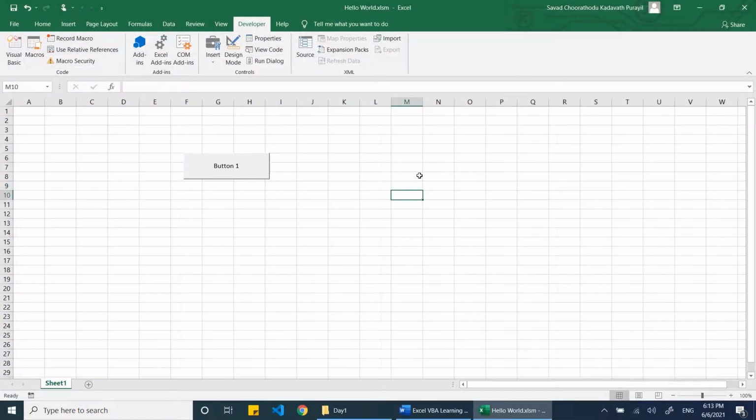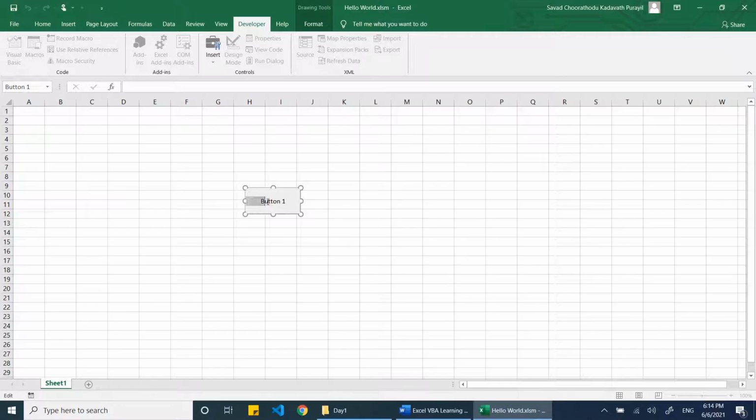Just click outside, so it will get deselected. Now when I click, you can see Hello World. Now I want to select it, I want to move it. How will I move it? Whenever I click on it, it will show the message. So just right click, and it will get selected. Now I can move it, adjust the size, even change the text on it.